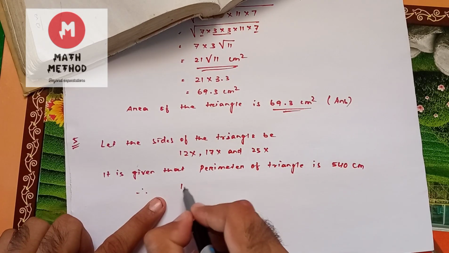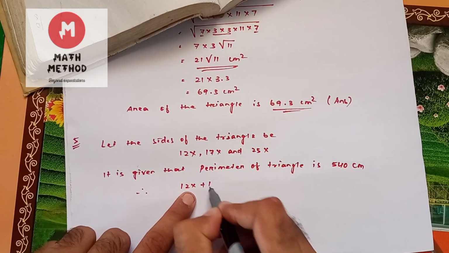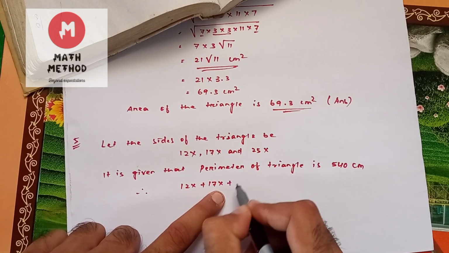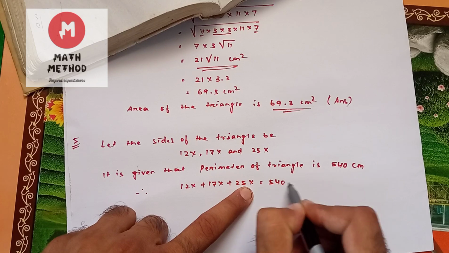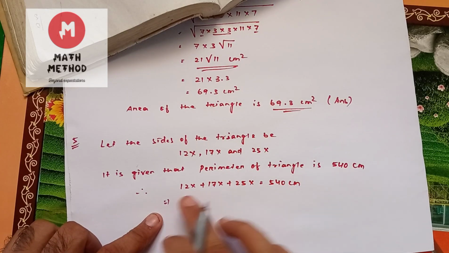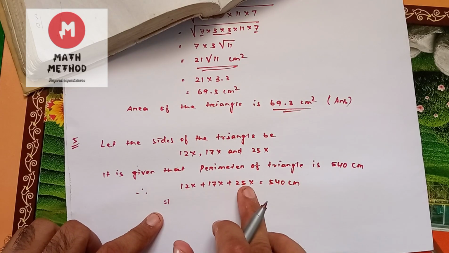Therefore 12x plus 17x plus 25x is equal to 540 cm, implies add 12, 17 and 25 which